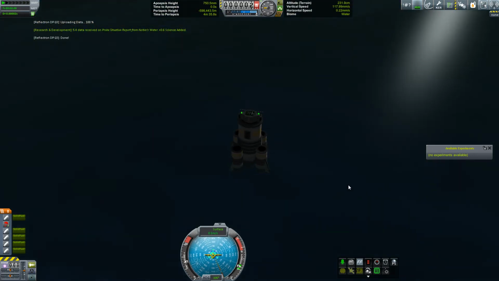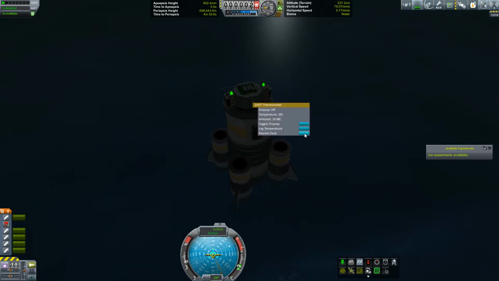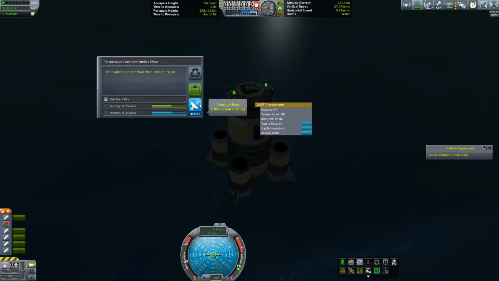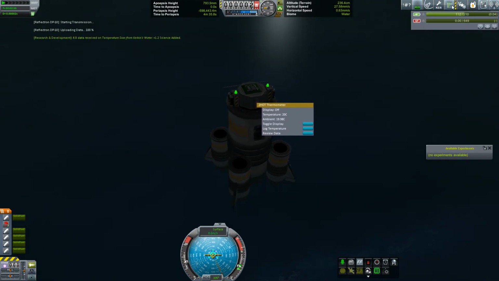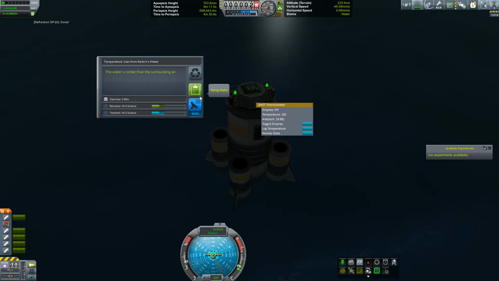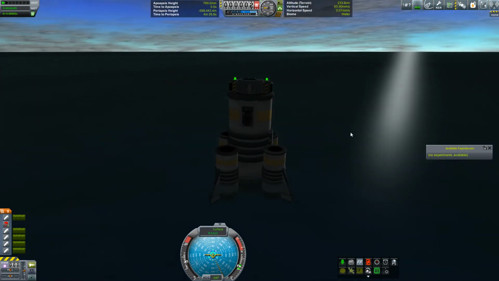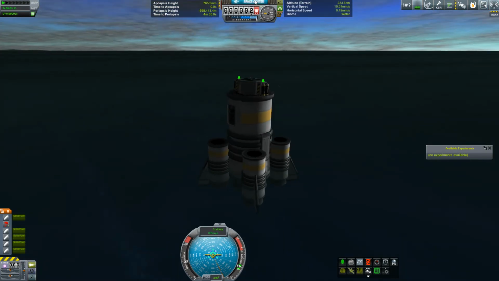What else did we have? Had something else. Oh, a temperature scan. Transmit it home. And then we'll log the temperature again. Half of 1 is all, better than nothing. Probe situation report, 0.3, better than nothing. Got a smidge more out of it. Well, I guess that actually worked. It's not awesome, but